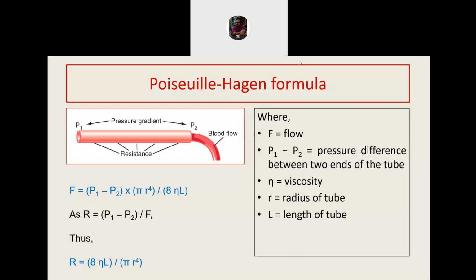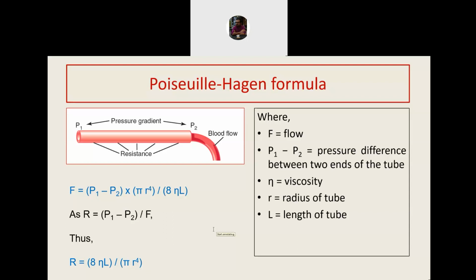Now, under physiological circumstances, we know that the length of the blood vessel usually does not vary unless there has been an amputation. Similarly, viscosity of the blood remains fairly constant throughout unless there is severe anemia or polycythemia. The parameter that can physiologically change from point to point is the vasomotor tone, and that determines the radius of the blood vessel. So the blood vessels can undergo constriction and dilatation under several situations.